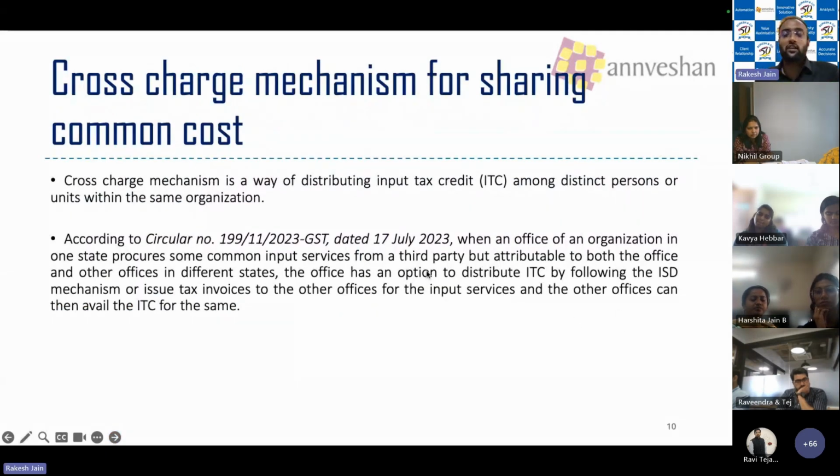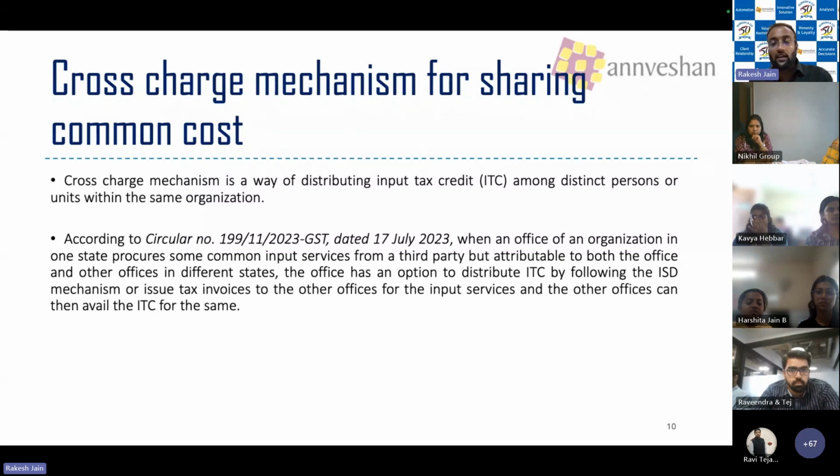Now, as we discussed earlier, the cross-charge mechanism for sharing was a very popular method, adopted by many organizations where, just on the basis of an invoice, cost was getting shared from one branch to another branch or from head office to various branch offices. Now, as part of this circular, they have legalized that mechanism. I understand many legal experts will say that this can be challenged, but for our common understanding, please understand that whatever cross-charge mechanism we have followed,